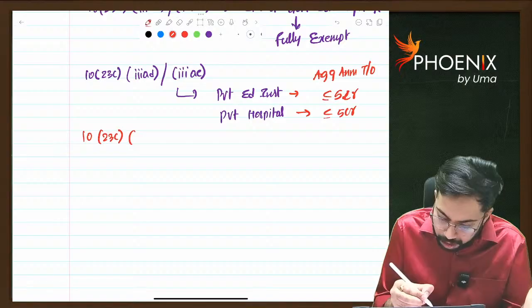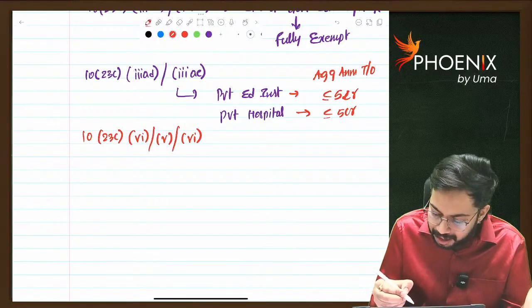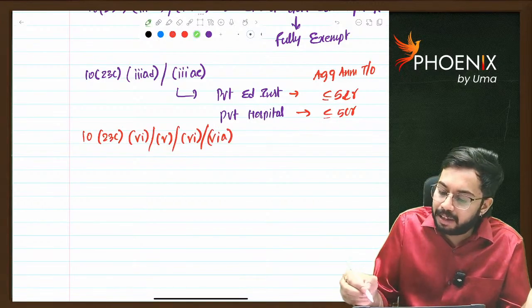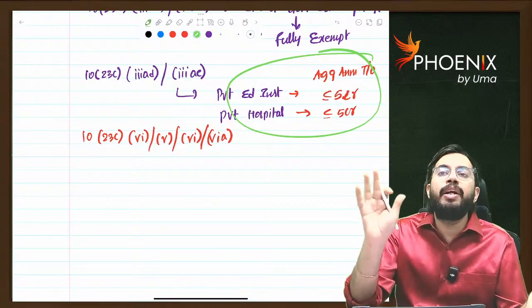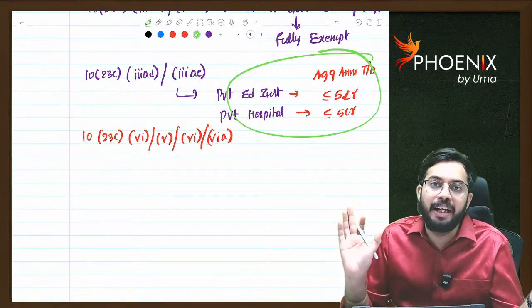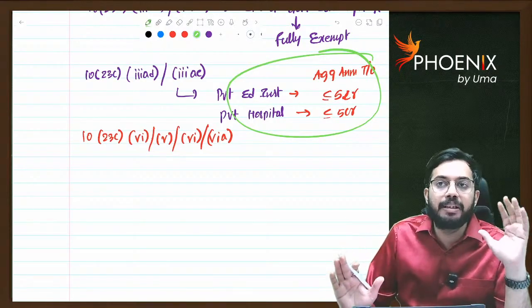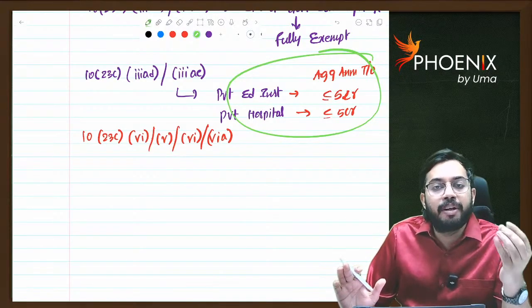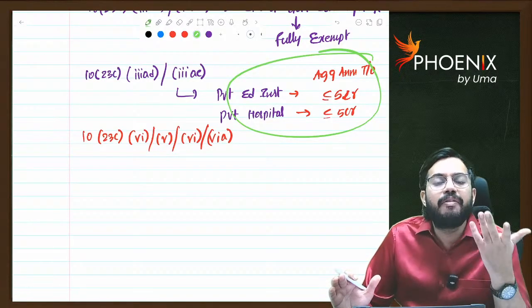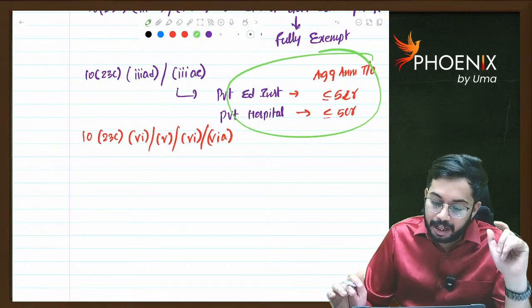10(23C), clause 4 or 5 or 6 or 6A. See, these people are not required to obtain any registration or approval from CIT or PCIT. Any educational institution or hospital formed solely for charitable purpose, whose aggregate annual turnover is less than 5 crores, is not required to obtain any approval from CIT or PCIT. Their total income is fully exempt.